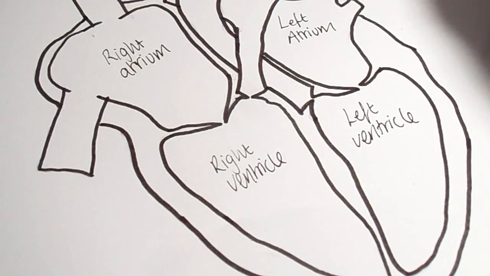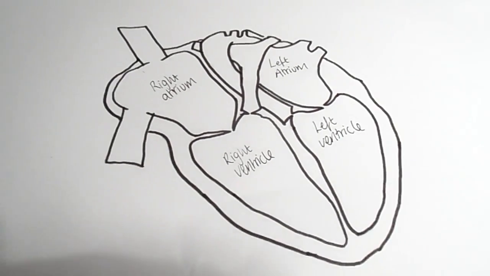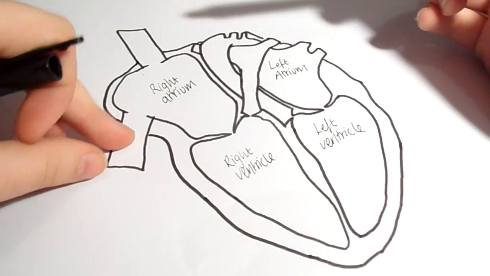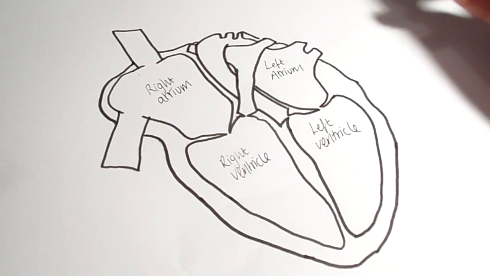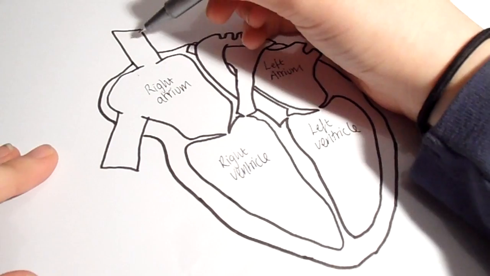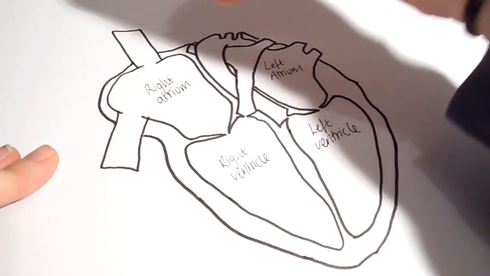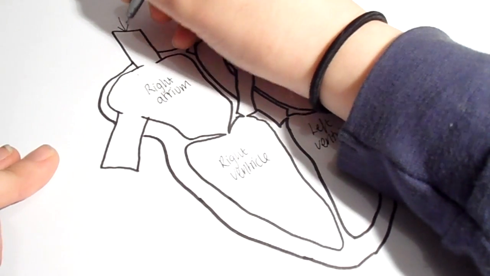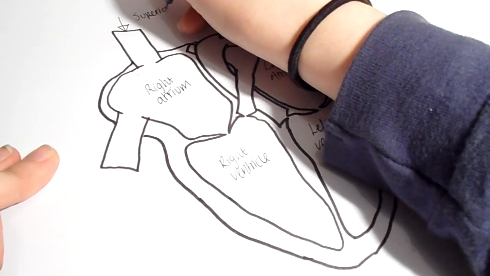Okay. So basically, all of these bits around the outside, you can see up here, are all of the arteries, or however the blood gets into the heart and out of the heart. So this one here, which is going into the right atrium, is called the superior vena cava. So if I put an arrow, because the blood goes in, superior vena cava,